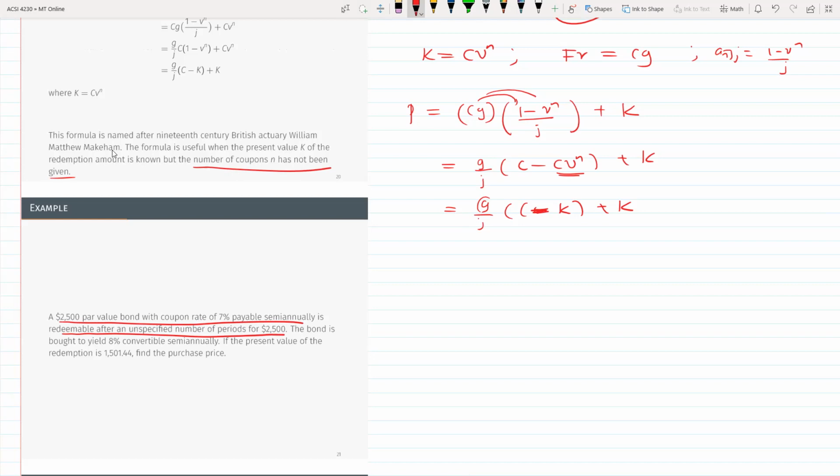If the present value of the redemption is this one, find the purchase price. So K is given as what? Present value of redemption amount. Okay, so then what's the redemption amount? C